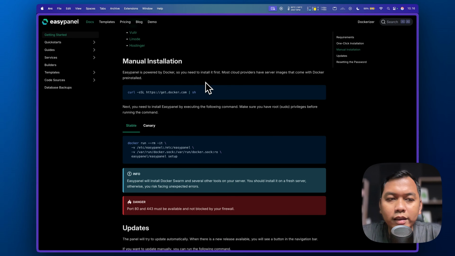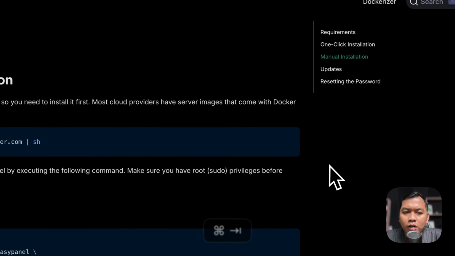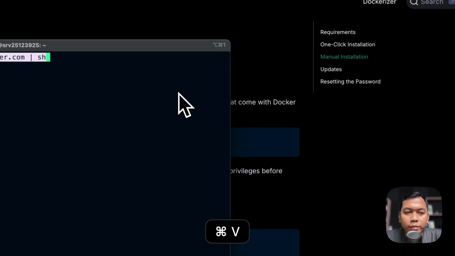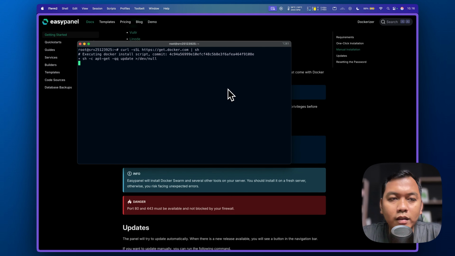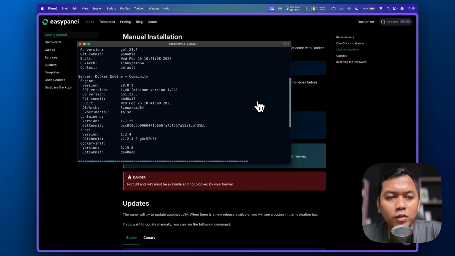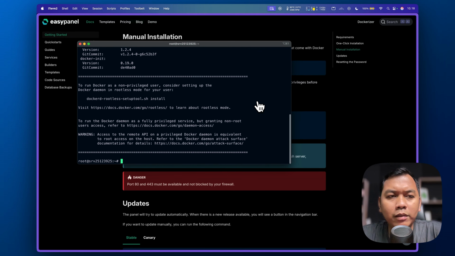First things first, EasyPanel is powered by Docker, it means first we need to install Docker in our VPS. Just paste this. Alright, so now Docker is installed in my Ubuntu server.